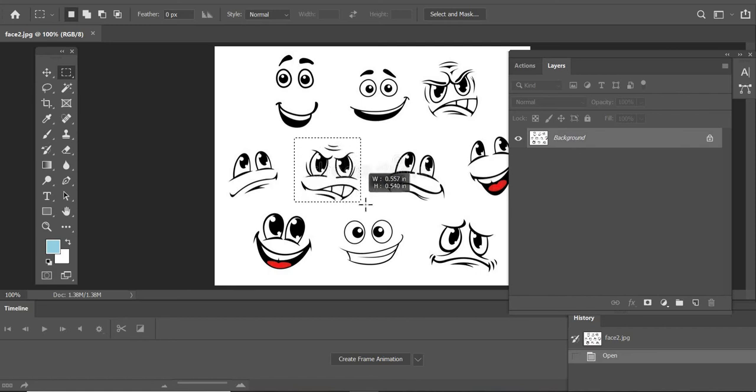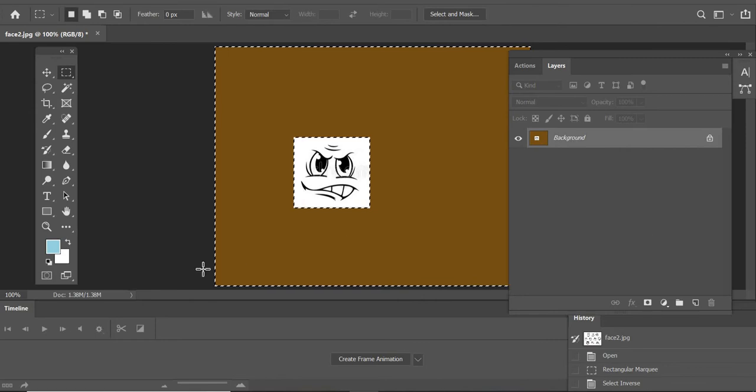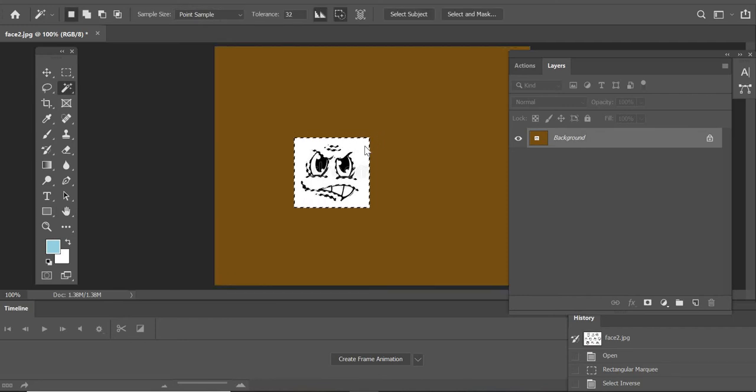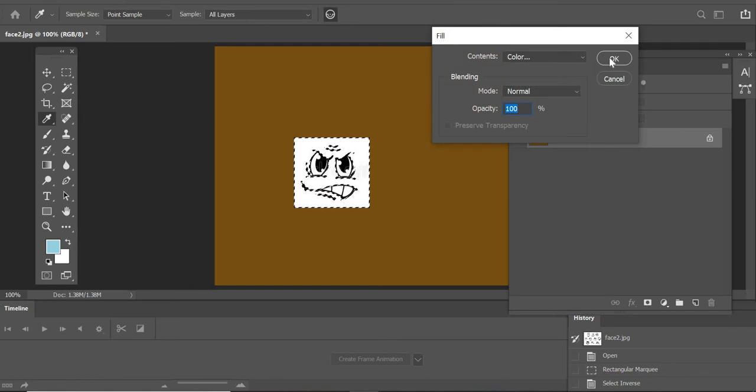I think this is better. Okay, so I'll select inverse it and delete, and then there was a background color, so I'll use that one, and then we can then select the rest and edit, fill, color,